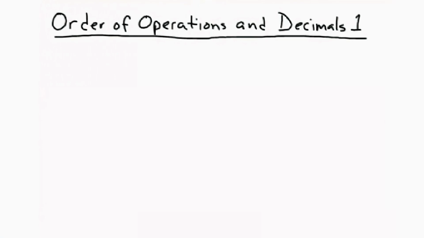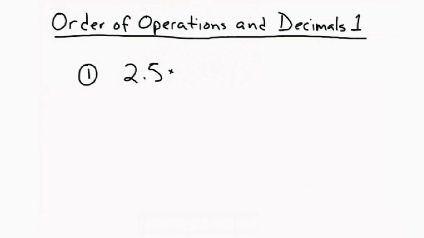In this video, we're going to look at order of operations and decimals. So how do we incorporate that order of operations with decimals? And this will give us some more practice at multiplying, dividing, adding, and subtracting decimals as well. So if we look at an example like this,